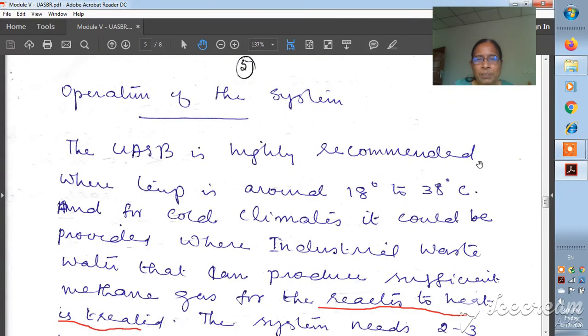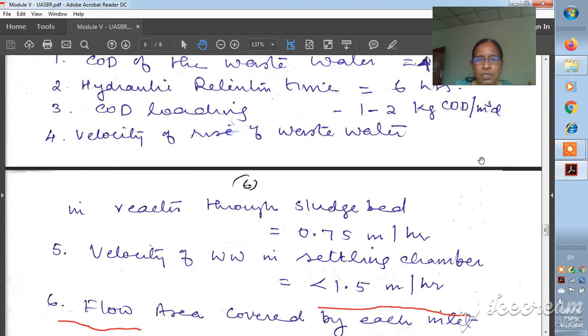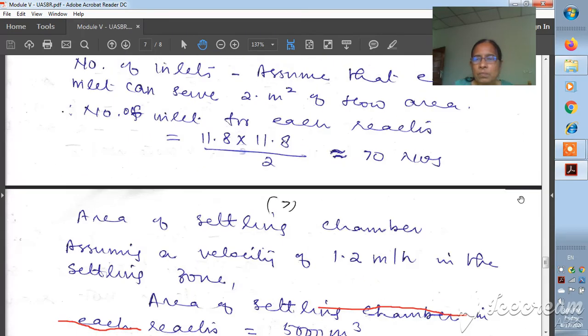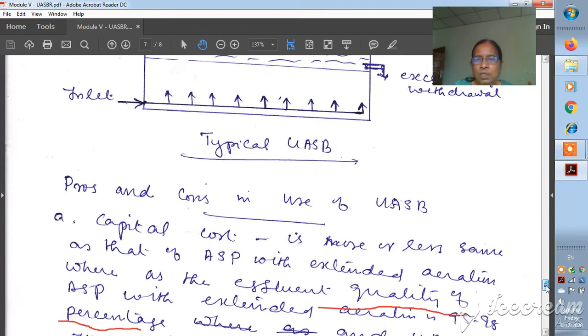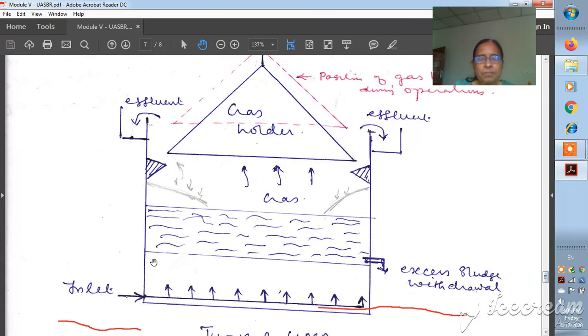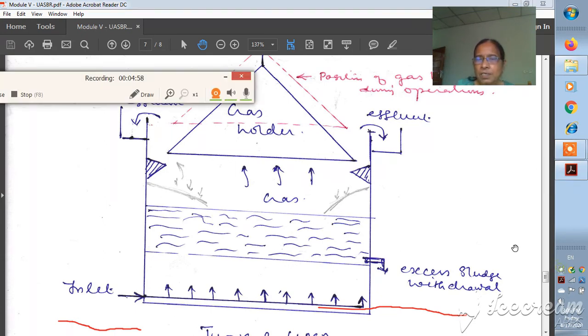Just look at the picture, the sketch I have given. Here we can see that it's a container. This container is of a little bit of large depth, and at the bottom there is an inlet, there is a